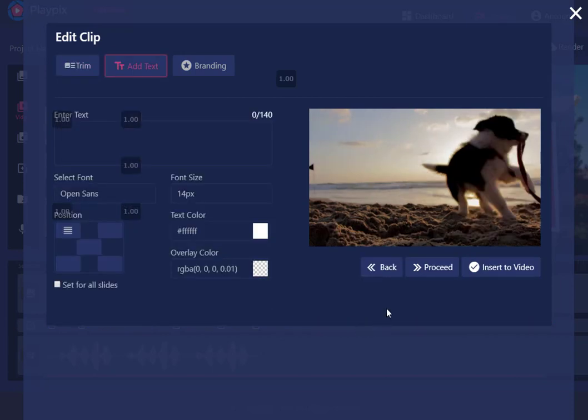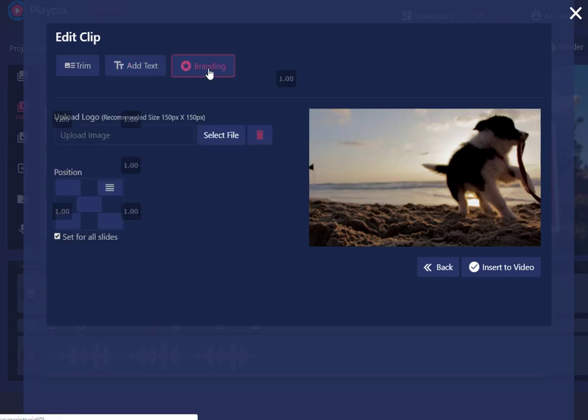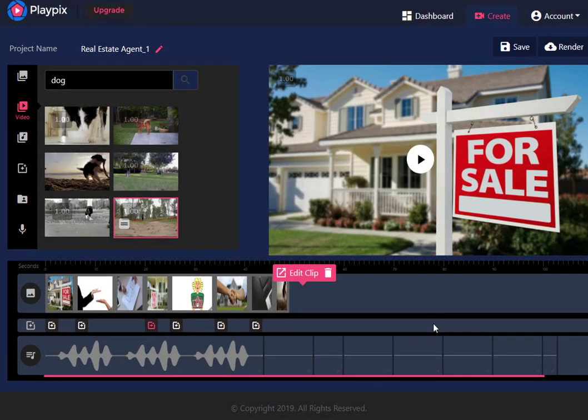Okay, now that's done, and we can put some text on that video if we want to, and we can do everything we could do with those images that I showed you before, and we can change the branding and that kind of thing. Now, we did set the branding for all clips beforehand, but this is a new one we've added in after we set that setting. So we're going to have to do that again if you want the logo to appear on here. So we just go insert to video,